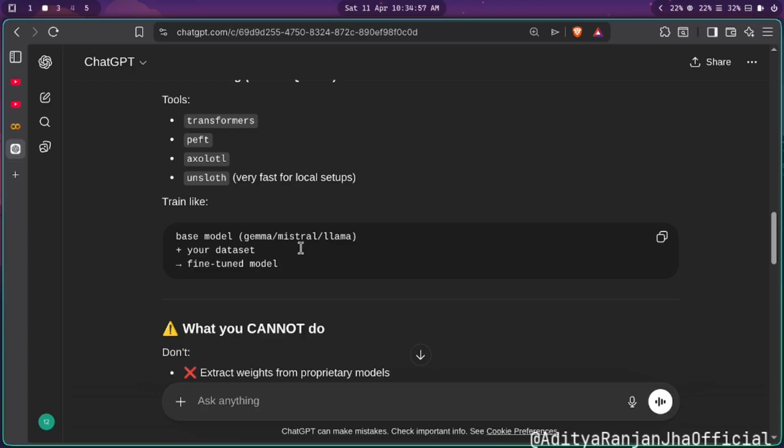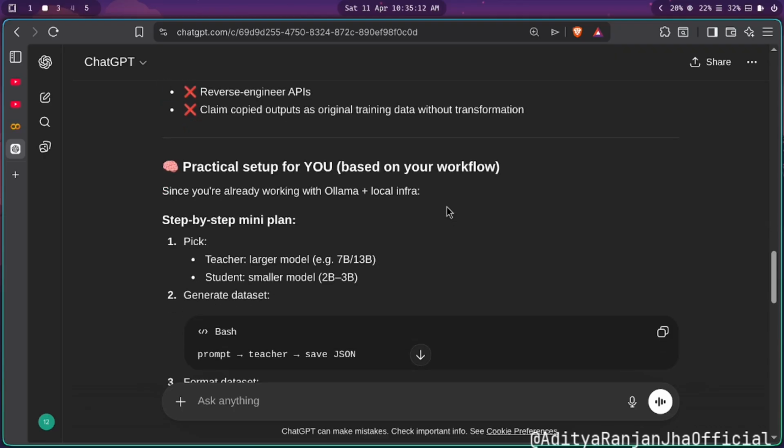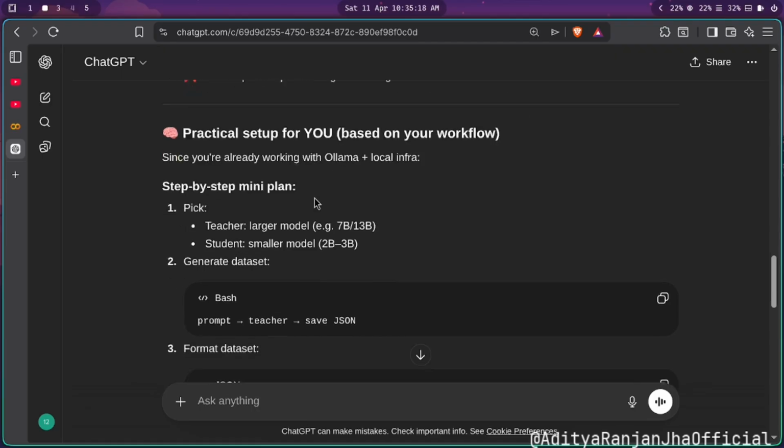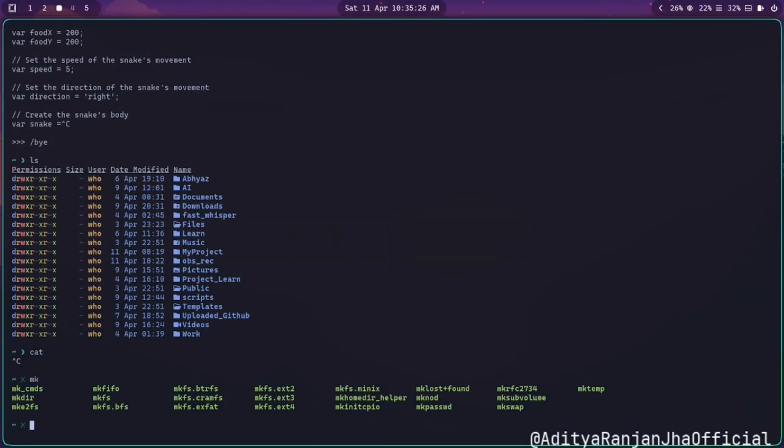Fine tune models. What you cannot do is extract weights from proprietary models, reverse engineer the IP APIs, and claim copied output as original training data without transformation. Practical setup for you, which is for me, is based on your workflow. Since you are already working with Ollama plus local infra, step by step would be pick a teacher and a student. So teacher would be something like a 7B parameter model, which I guess